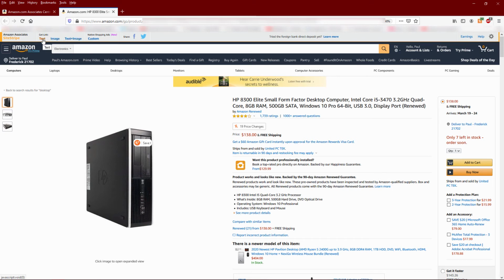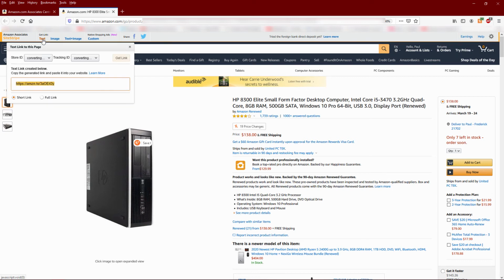Normally I like to just have the text link because then I can have my own images. I can kind of control how it's being displayed. So I'm going to click on that. And again, I have the kind of full ugly link or the shorter link. And the short link doesn't look bad, but I personally recommend, for using a WordPress run website, which I know many of you are,